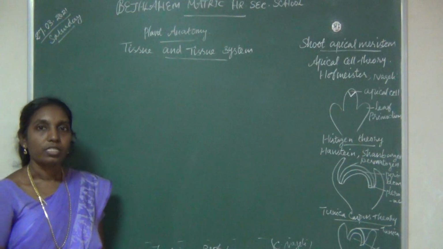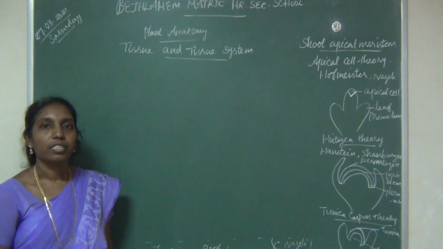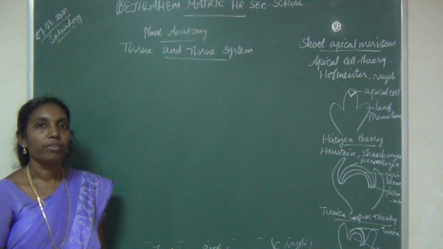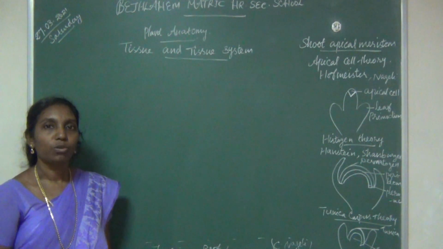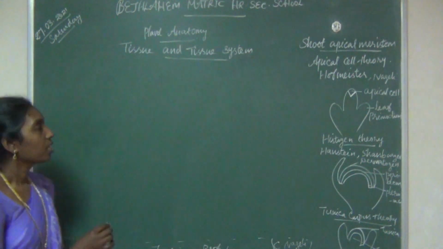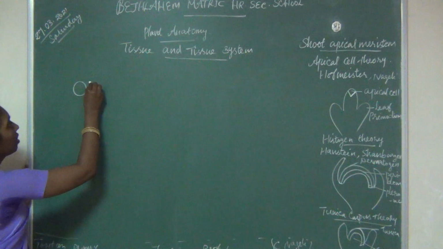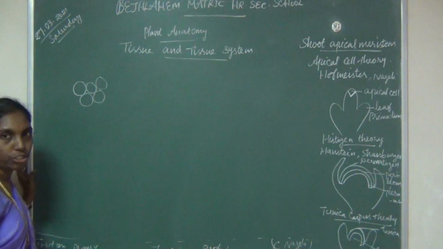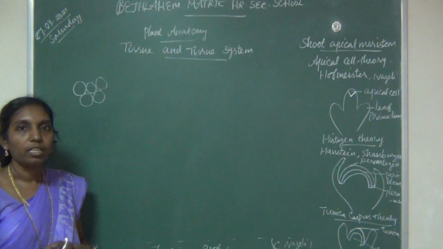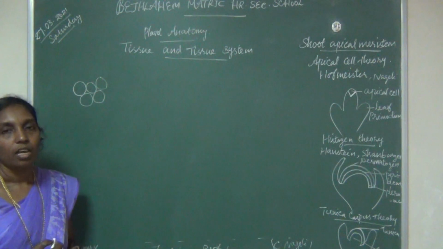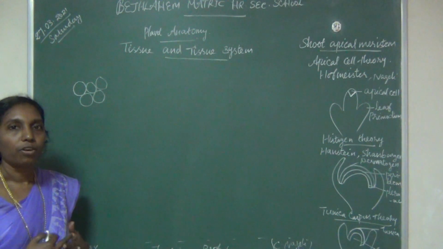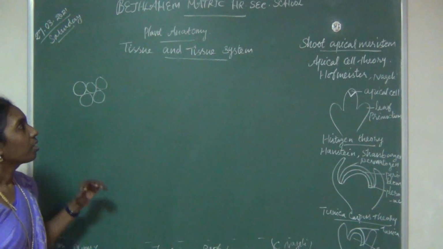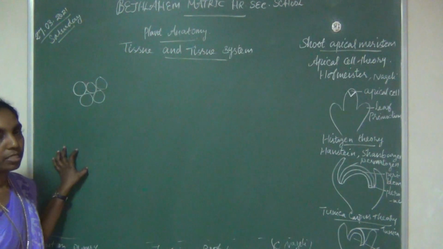This chapter introduces the internal structure of plant tissues. Internally, it's made up of a number of cells. The cells are grouped together and form tissues. A single cell grouped together forms a tissue. The tissues are grouped together and form organs. Then organ systems. There are a number of organs which show variations internally in the plant body. Regarding this, you are going to learn under this chapter.